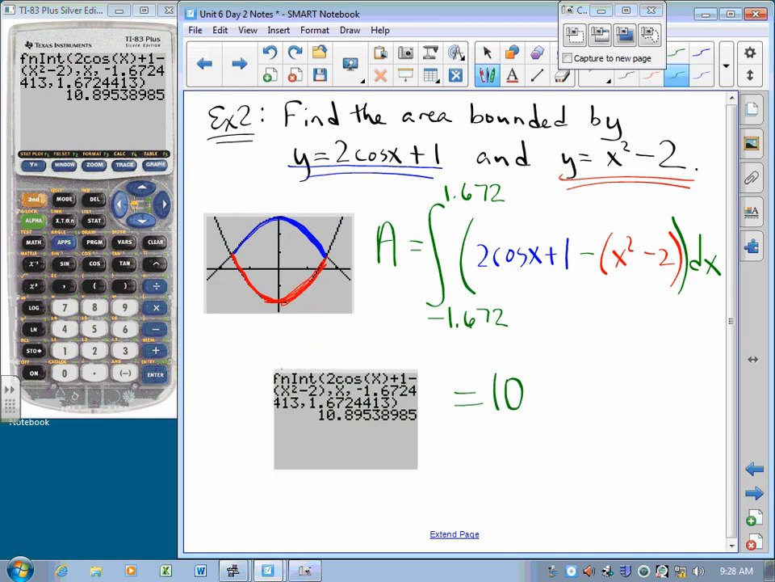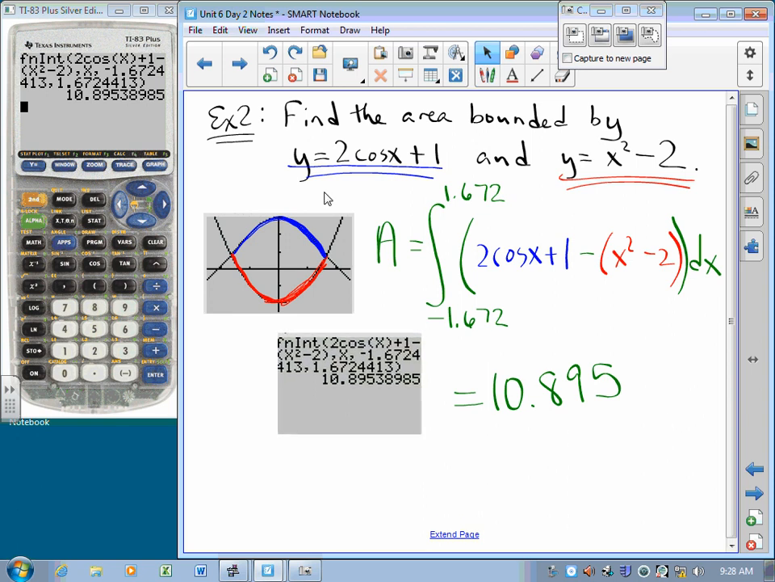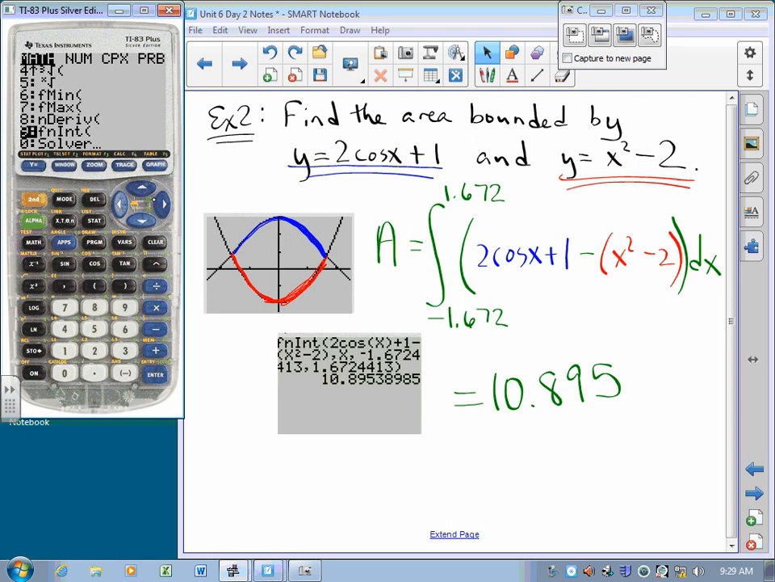And that's 10.895 rounded to 3 decimal places. As a side note, since you already have those functions in your calculator, you could hit the vars button. That stands for variables. And you could hit the right arrow over to y variables, and you can say the function y1 is